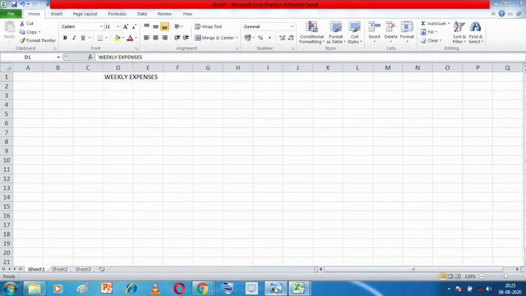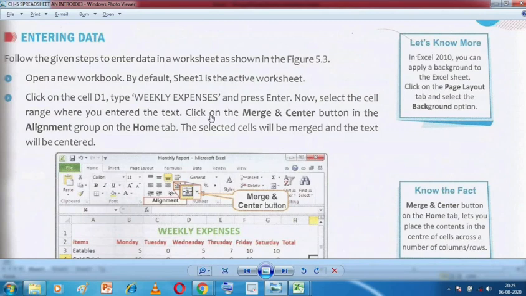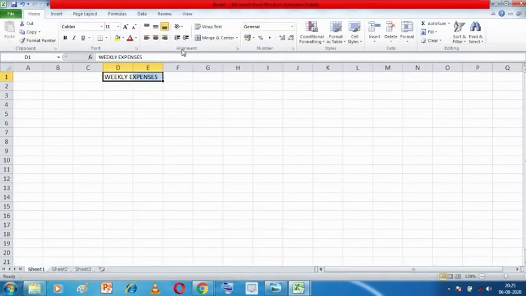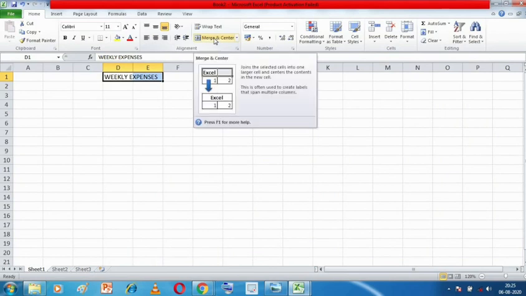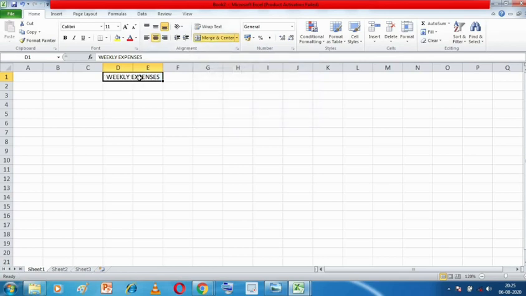After selecting this range, click on the Merge and Center button in the Alignment group on the Home tab. They are telling us to click on this. As soon as I click on this button, these two cells, D1 and E1, get merged and become one cell.